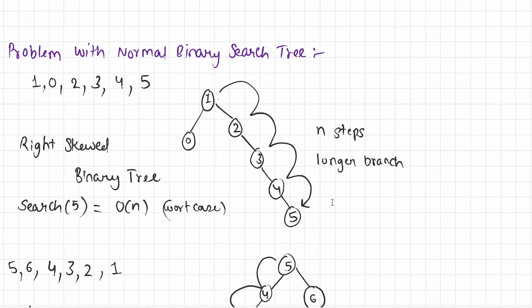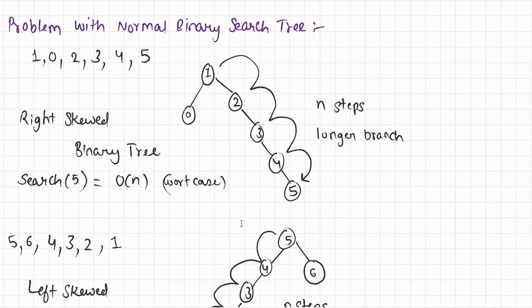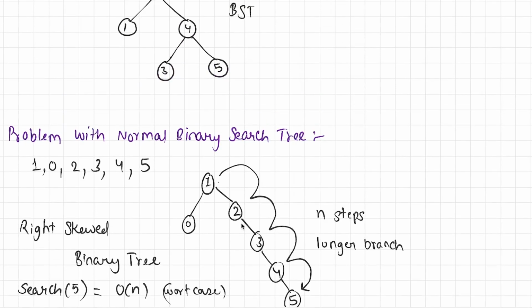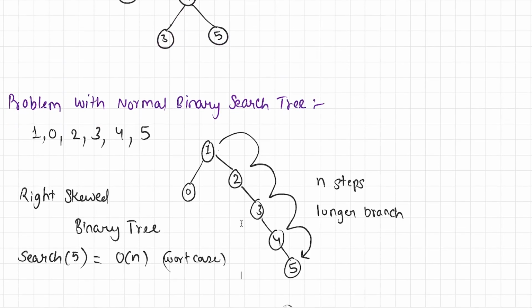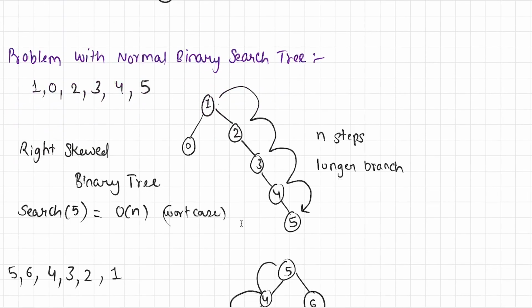Now what is the problem with this skewed tree? Let's say we want to search 5 in this tree. So to find 5, first we have to traverse from the root node all the way to node 5. Okay, and it takes n steps to find the 5. So we can say that in worst case it takes big O of n time to search any element, and this time complexity belongs to the class of linear order of growth, right? But that is not accepted because linear order of growth is way larger than constant order of growth, right? Because if you know from the previous videos, hash map and linked hash map provide constant time for searching, inserting